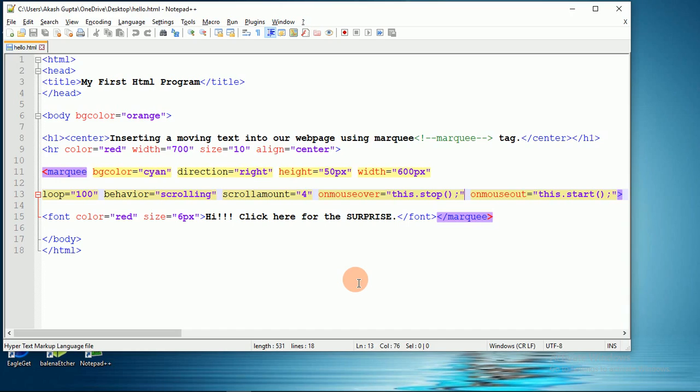So this is event handling using the mouse cursor. Onmouseover means whenever you take the mouse cursor to that text, it will stop the moving text. And onmouseout means whenever you remove the mouse cursor from there, it will again start the moving text.